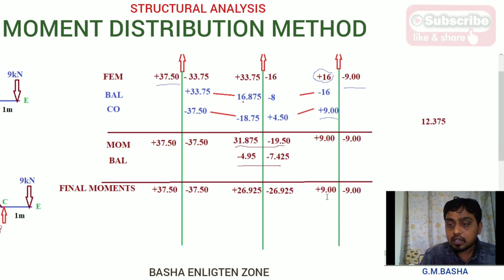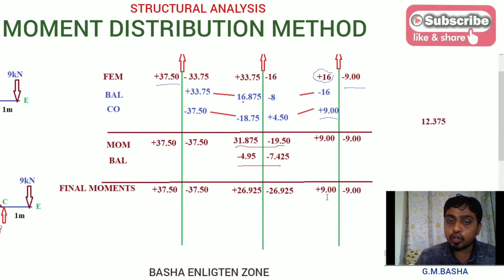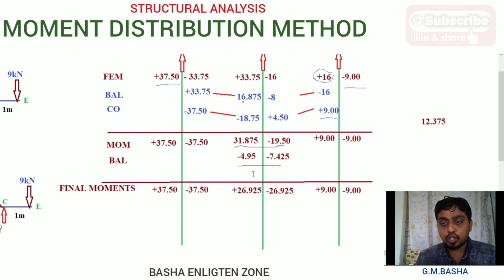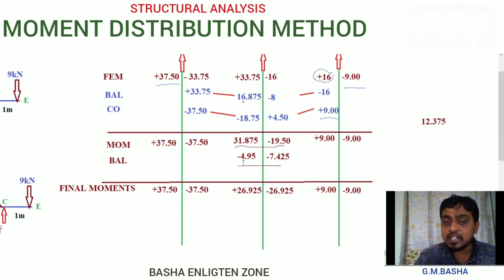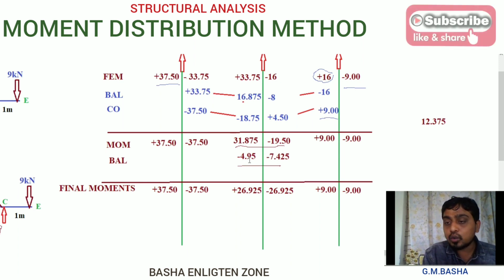Generally carryover and balancing will takes place up to the 2 decimal points, that is 0.001, which is closest value to the 0. But here why I am stopping here means, here the moments are not carrying to its other ends because of the overhanging position, then there will be no carryover movements. If carryover movements are not there means we are not going for the another trial. Why? Because for balancing always the movements will be in the carryover position or else any other obtained moments. That is the reason I am stopping up to here and then going for the final moments.